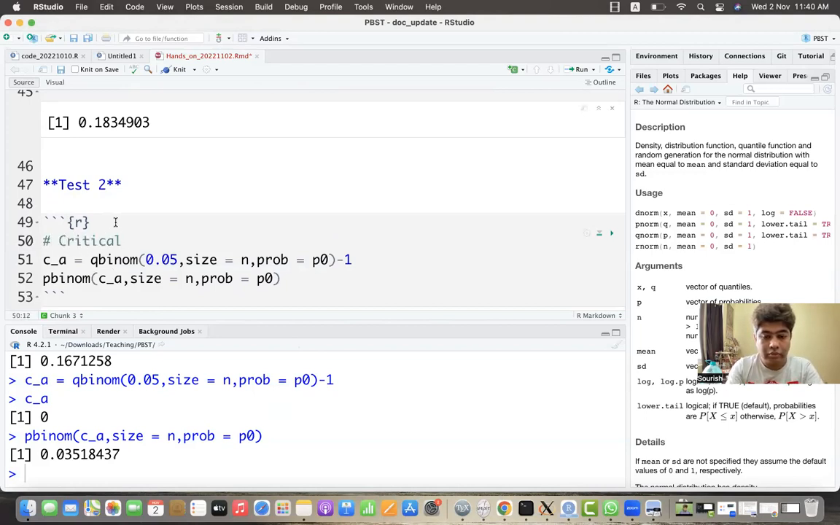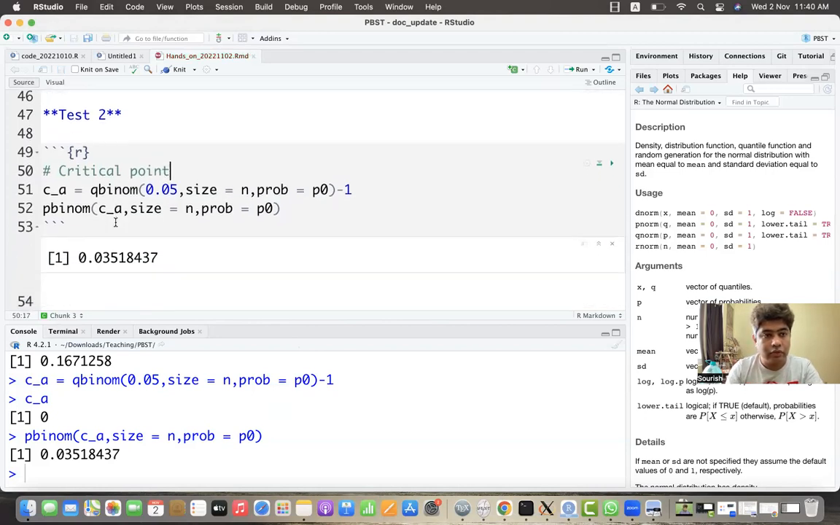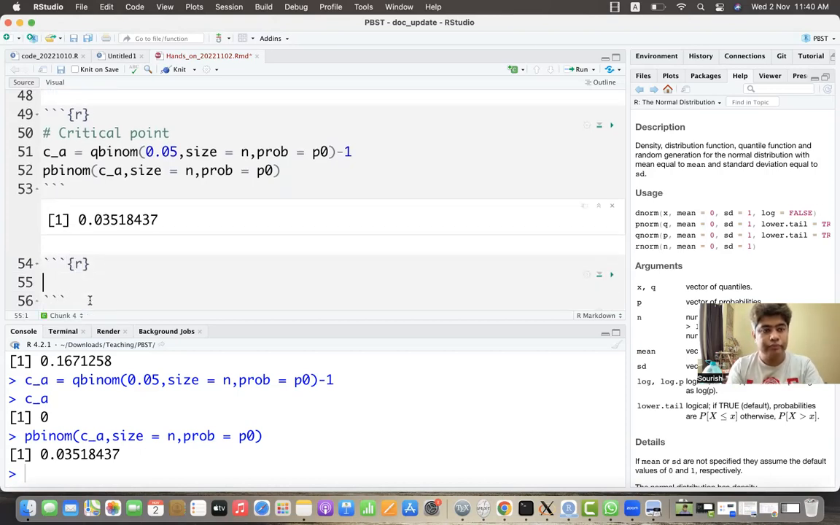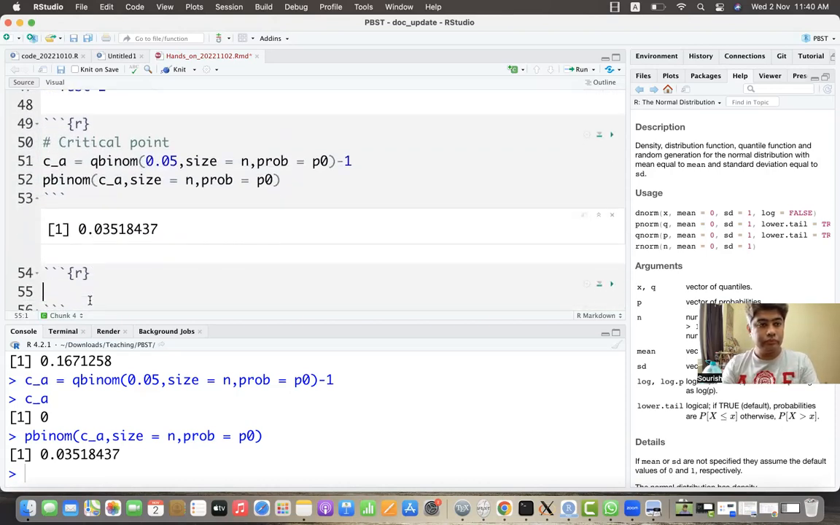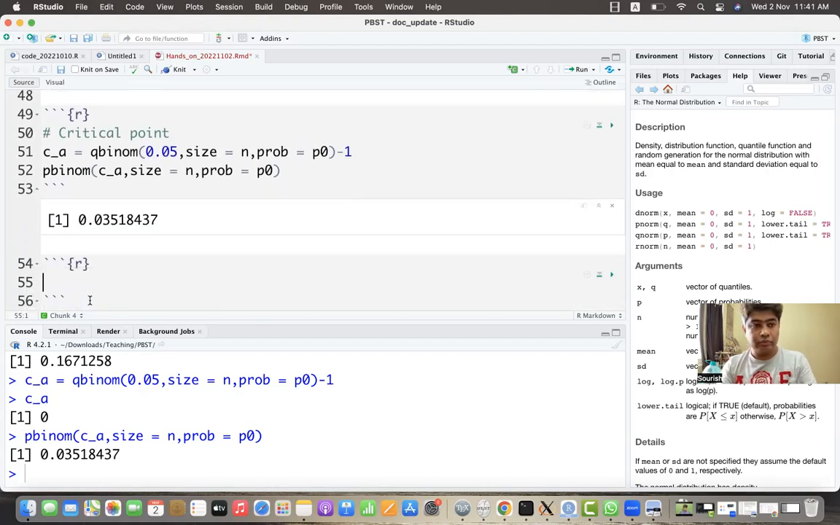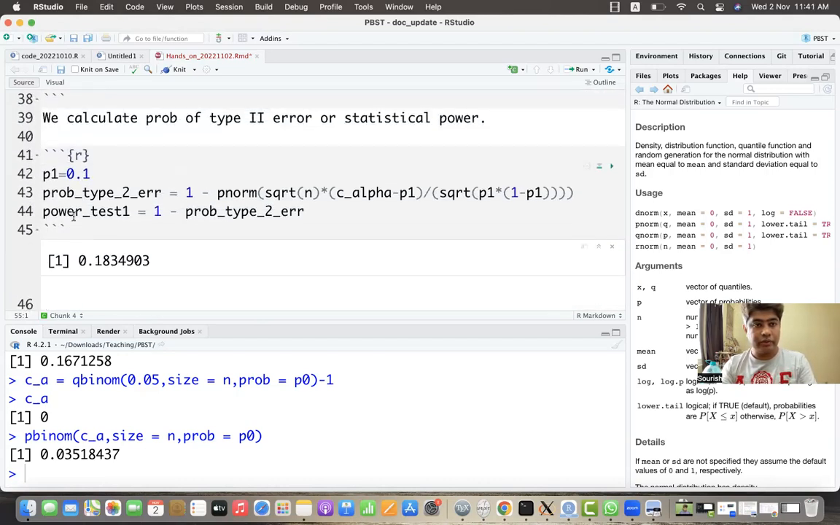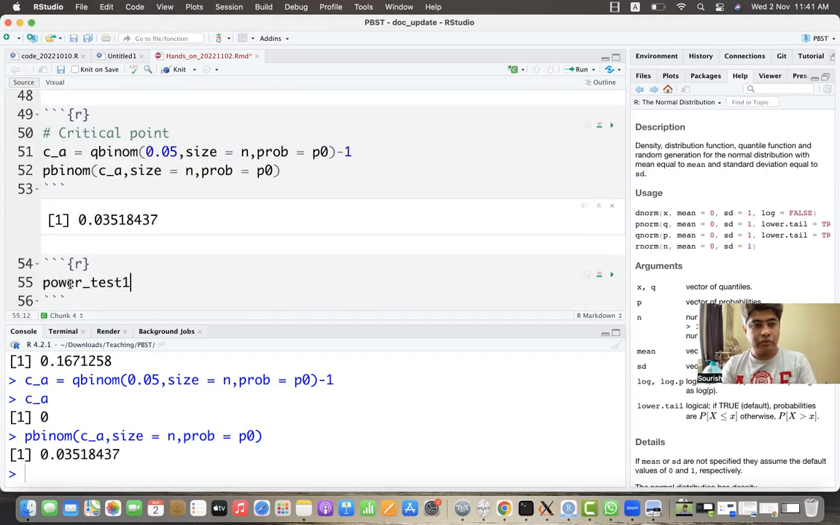Critical point. And now I'm looking for the power of the test. The first, so power of test 1, the power of test 2 will be P binom. Now, what is my critical point? My critical point is this: